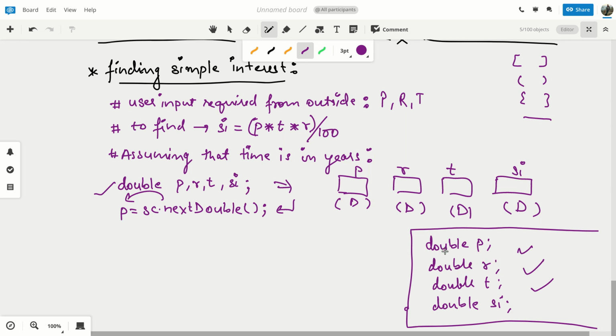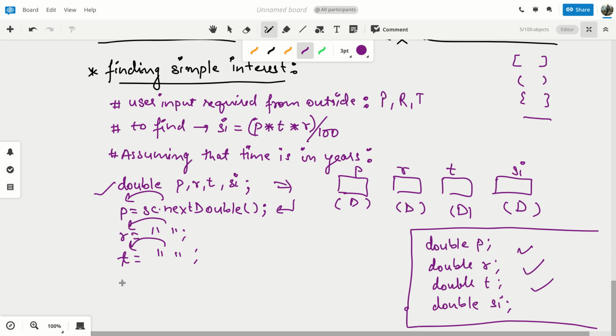But because this is going to increase the number of lines, I generally prefer this way. If only one type of variable is there, all single type of variables I will group together by separating with commas for creation. So now you will accept one value here. The first value you have asked, you have put in P. For the second value, again you will write the same thing, and that value will be put in R. The third value you will again ask from the user for time. You will ask by writing the same thing, and that will be put inside T.